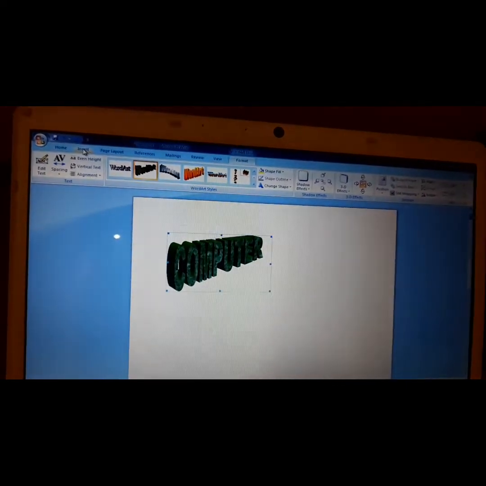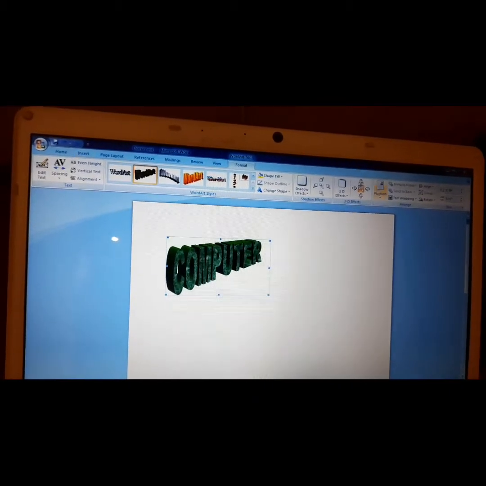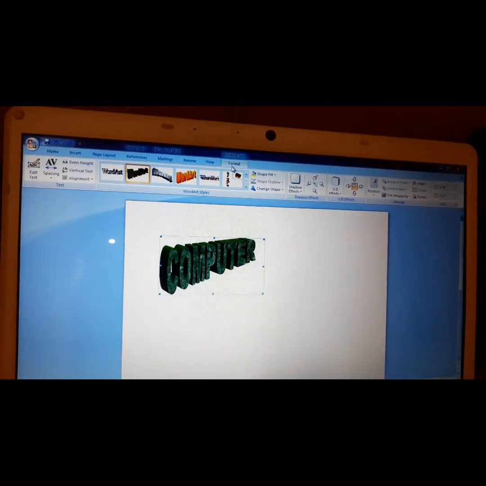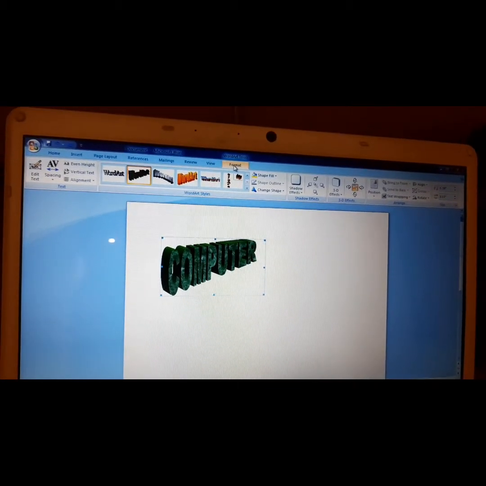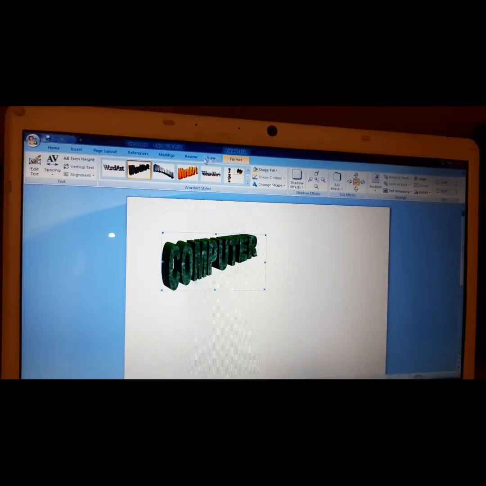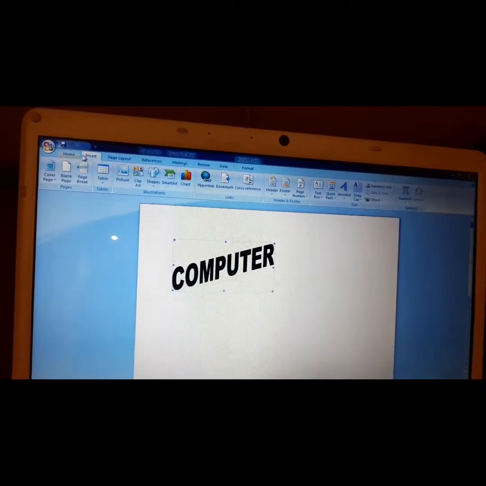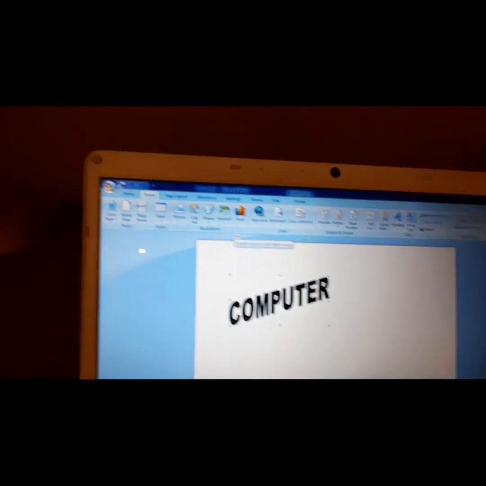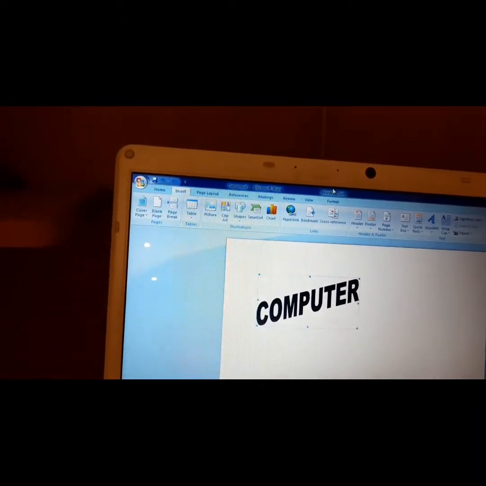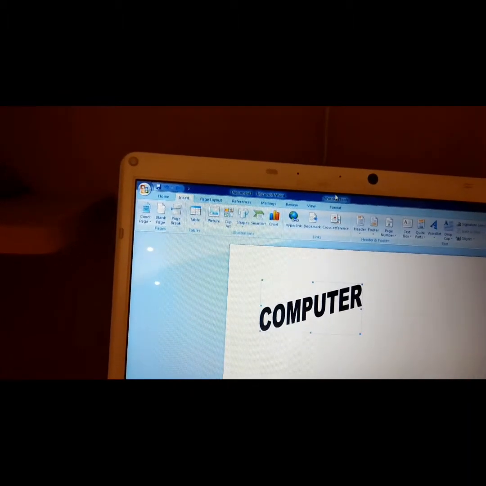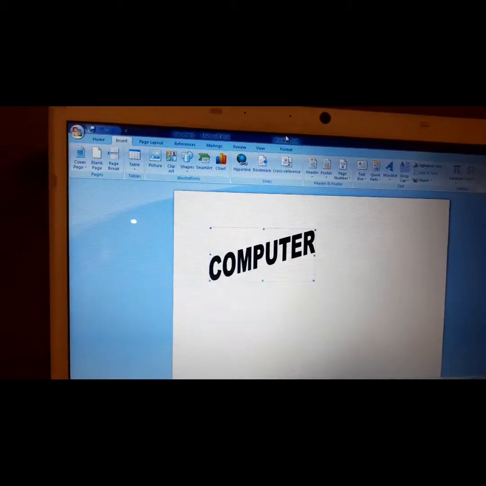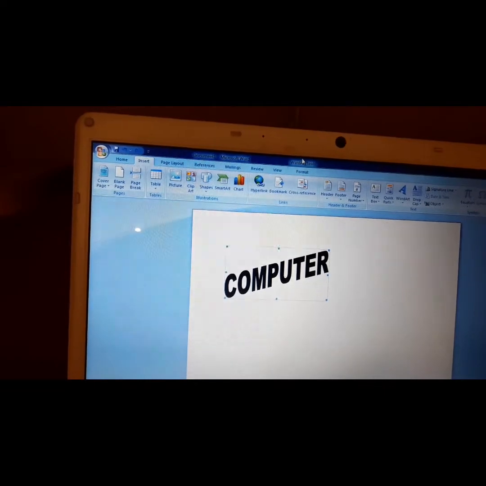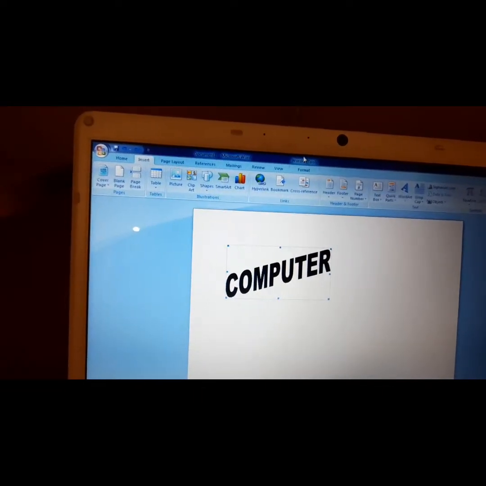Now next we have clip art. And remember, when you click on insert tab and when you select this word art, another tab, that is the format tab, appears on the tab bar. Now next children we have to do clip art. Here on illustrations group we have clip art. Now what is clip art? Clip art is a gallery of pre-designed pictures. Means computer, especially MS Word, holds a set of pictures that we can directly insert into our document.